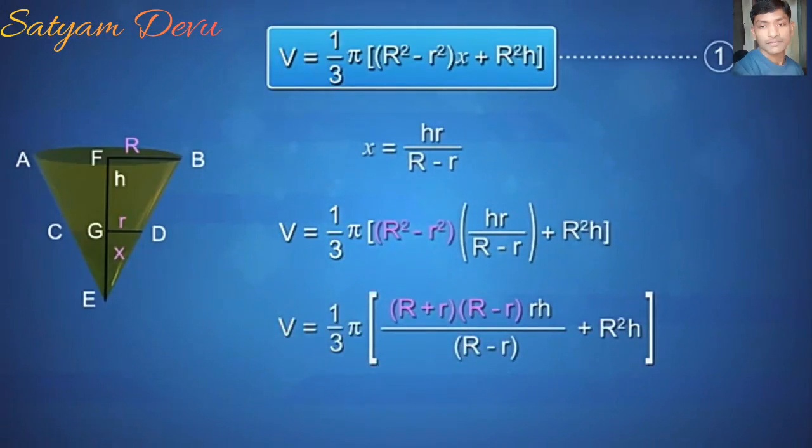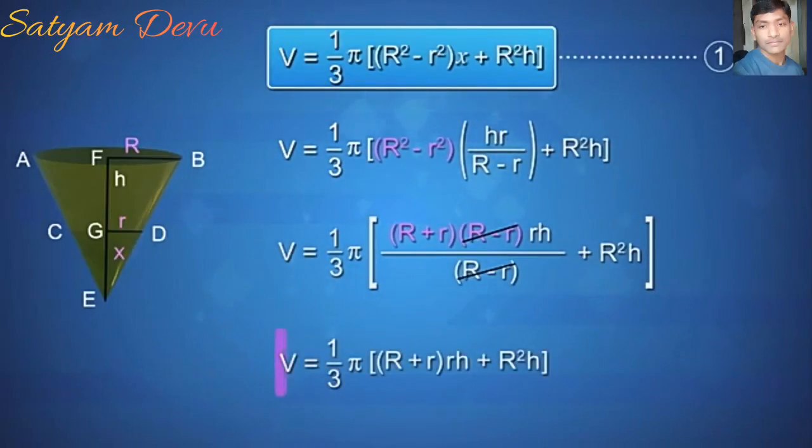Cancel the common term capital R minus small r. Therefore, V is equal to 1 by 3 pi into capital R plus small r into h plus capital R